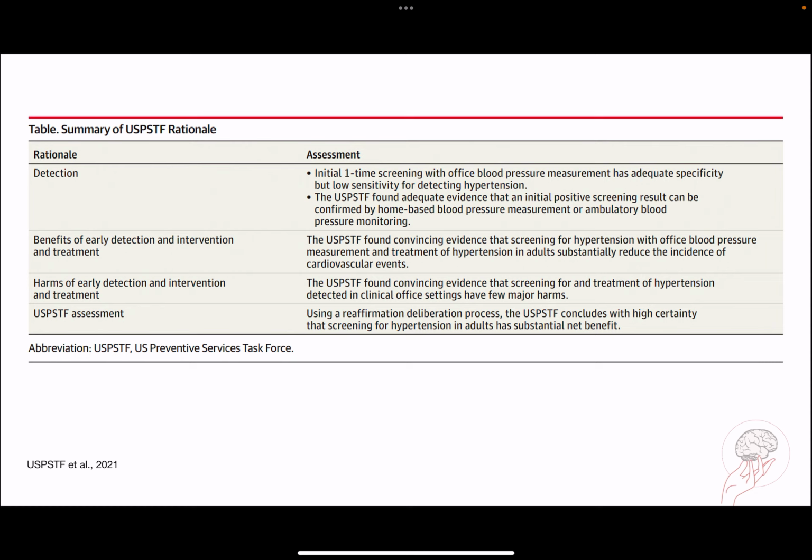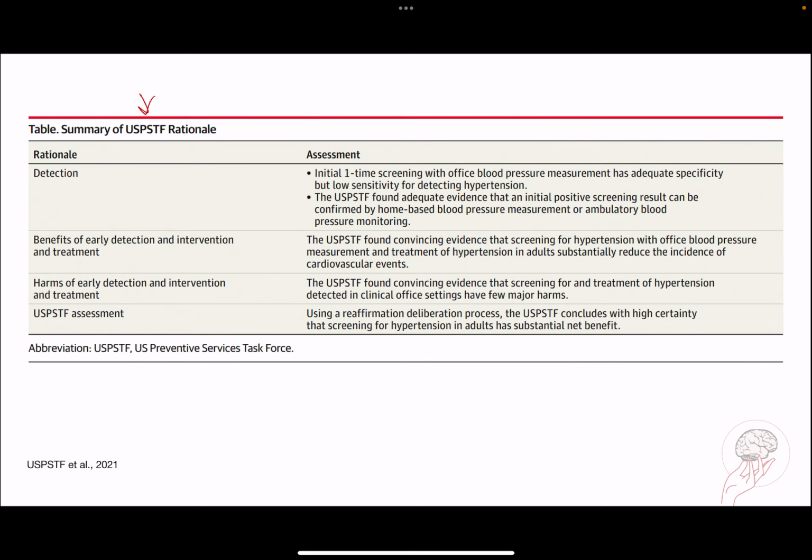So this is just a summary of the rationale. An initial one-time screening with an office blood pressure measurement has adequate specificity, but low sensitivity. So it's specific, it can measure, but it isn't very sensitive. So it often will not get a true positive. They also, the USPSTF, which I don't remember what that stands for right now. It's like